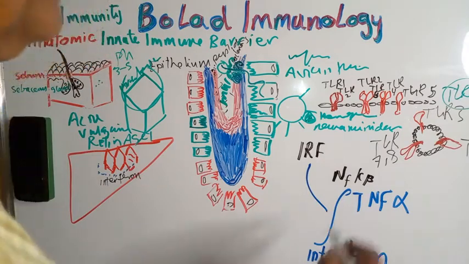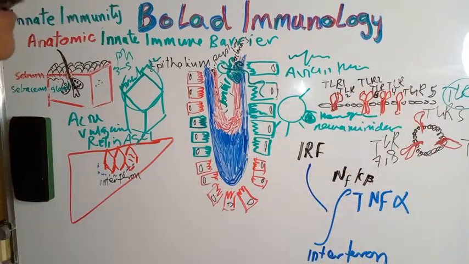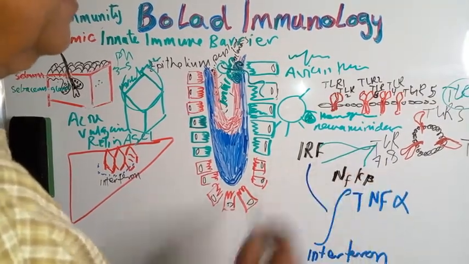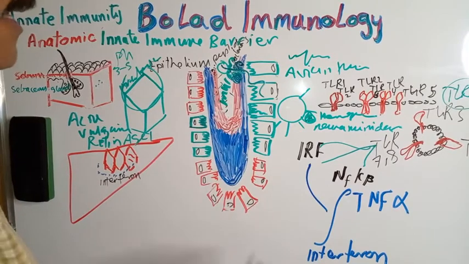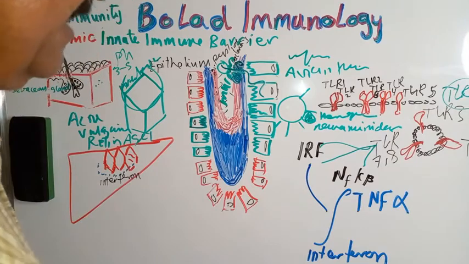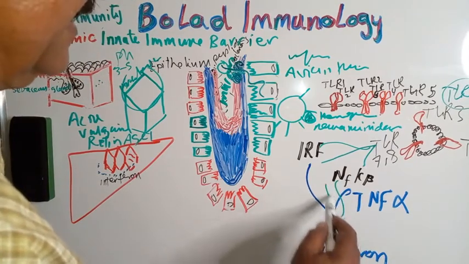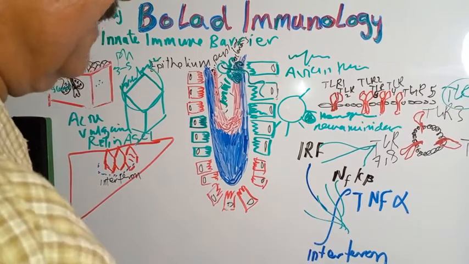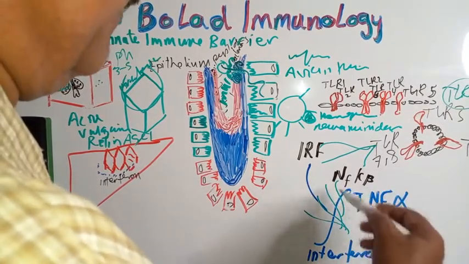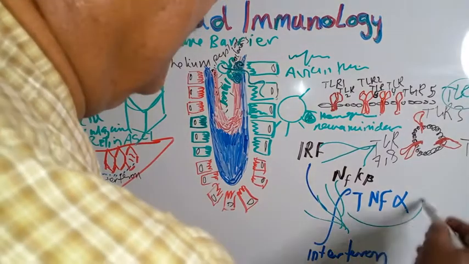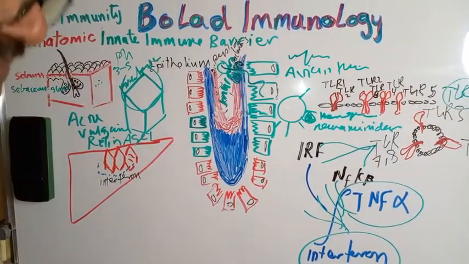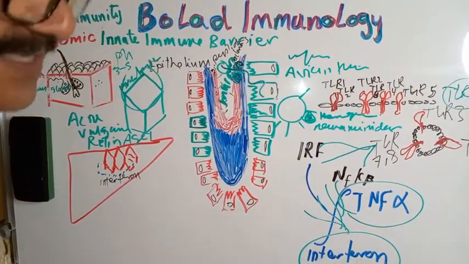These toll-like receptors, when they get activated, send a signal to some transcription factors, for example, interferon regulatory factor and NF-kappa B, and these upregulate signals that help in activating some genes that produce tumor necrosis factor alpha and interferon gamma, which have the capacity to kill